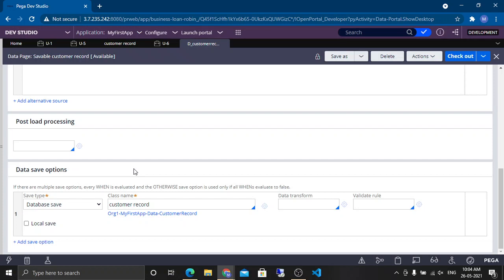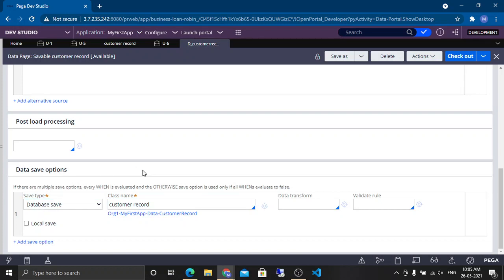If it is going forward properly, only then this data will be committed. So you don't have to worry about the transaction part, right? Like suppose there's an error on the assignment, but this data got updated in the database. That will never happen. If the assignment is processed properly, then only this commit will be happening. That is the biggest advantage of using the database save option.